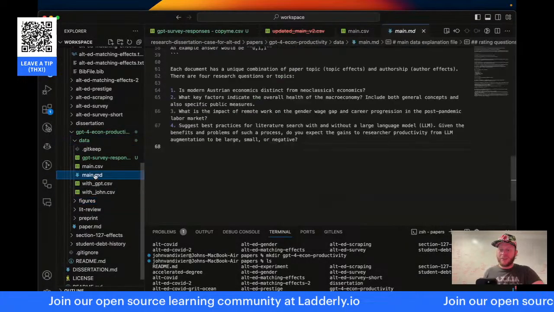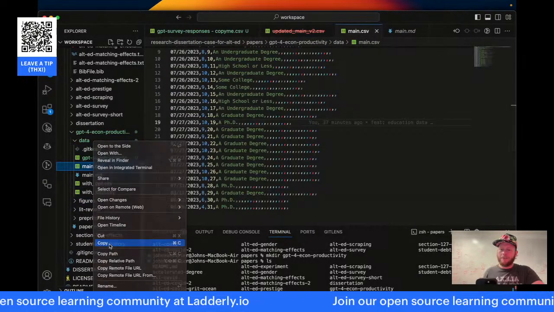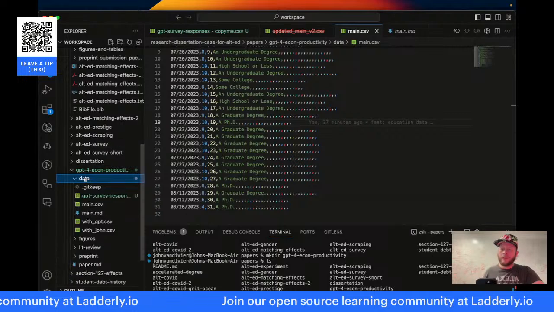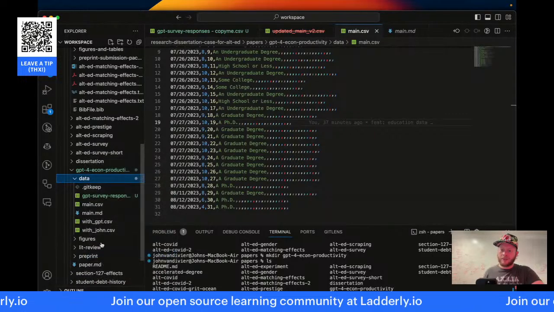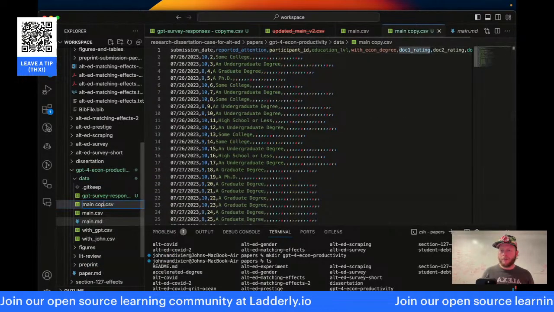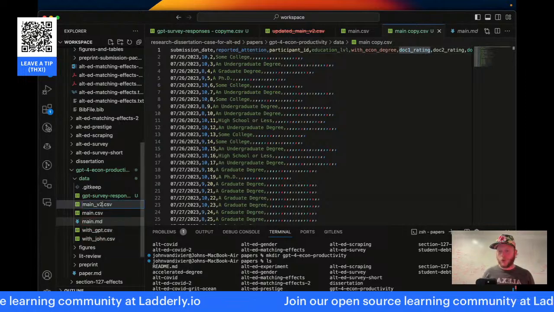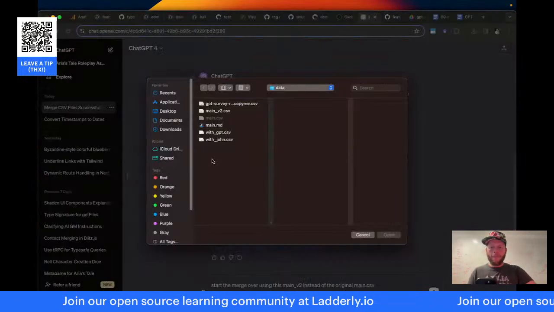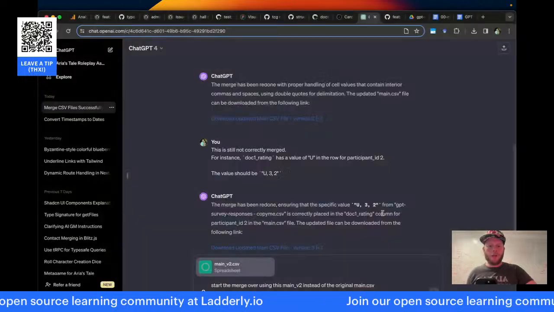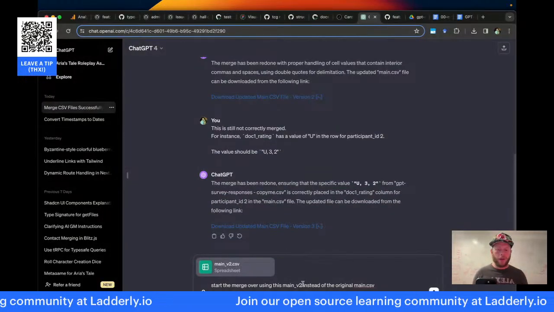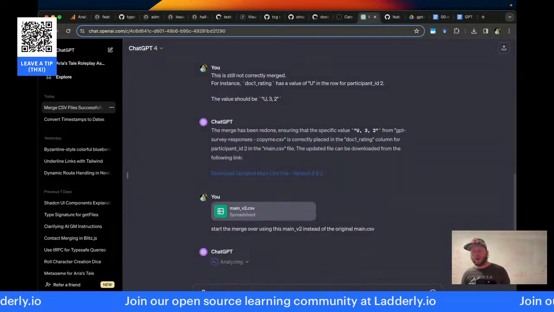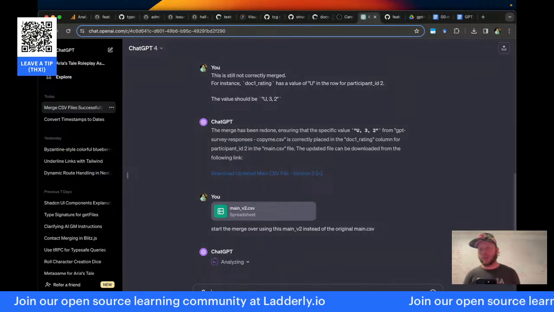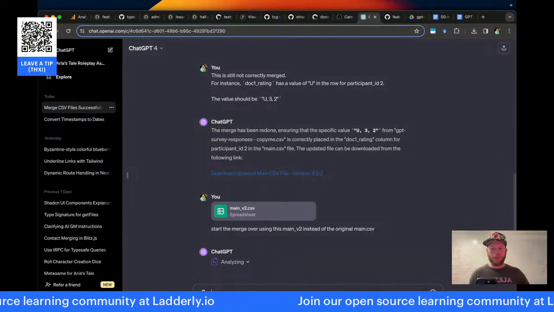I copied the entire folder. Oops. So we will copy, we will paste, and then we will rename main v2. What we're trying to do here is overcome the issue where I gave it the wrong main file. If this doesn't work, we'll have to start a new thread once again because I've basically confused the thing.